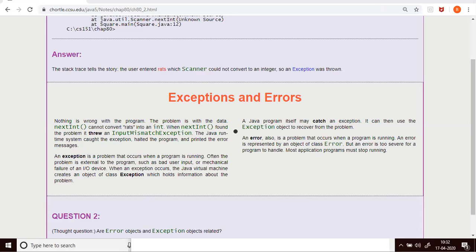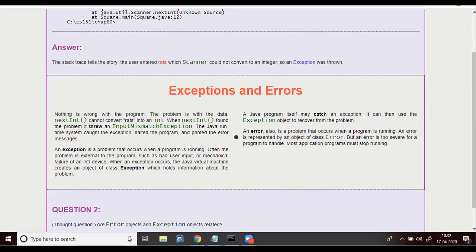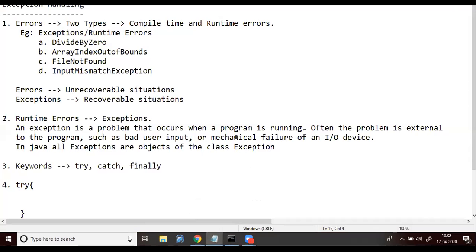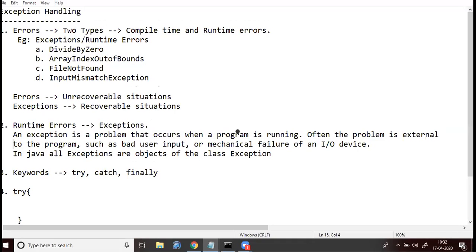So with what we discussed last class, the topic interfaces gets completed. You have to try all those programs, and you can also search for some programs on the internet and try them. Today we'll be moving to the next topic. It is exception handling. So it is a fresh topic.